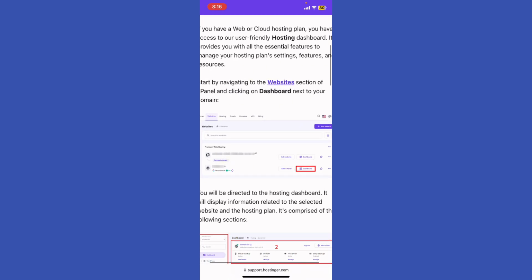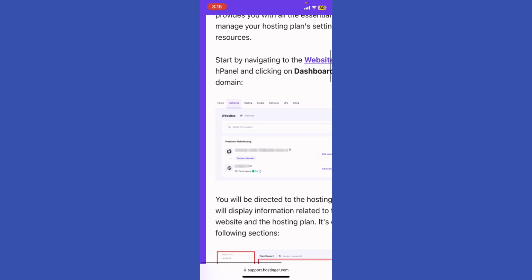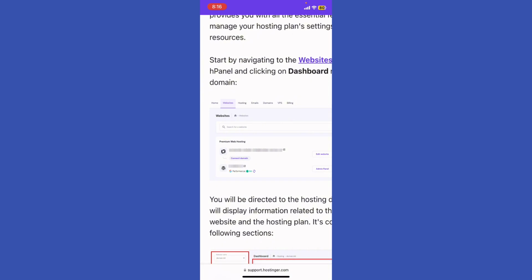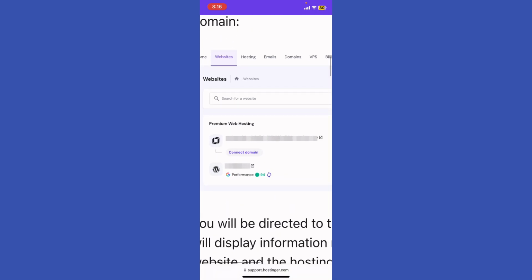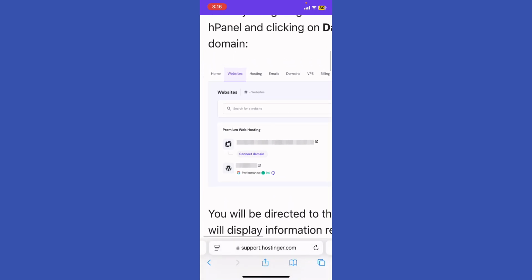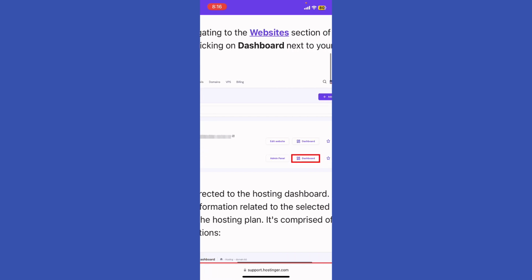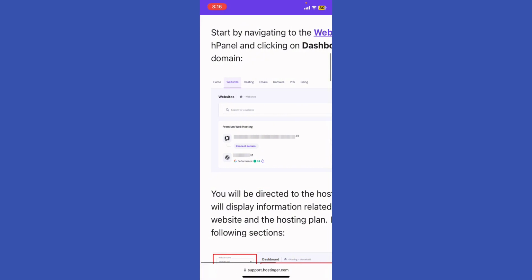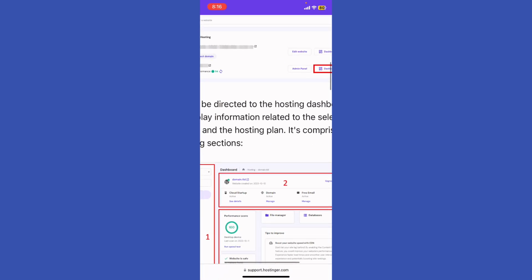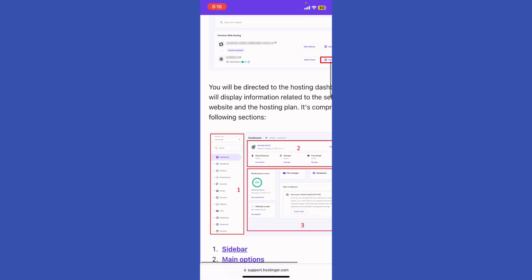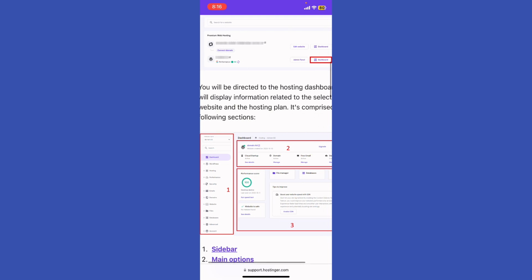Now once we are inside our Hostinger, you've got to just go ahead and click the website, right? And then after you click the website, you're going to see the premium web hosting, and you're going to see the domains right here. If you have more than one domain, you've got to just go ahead and click the dashboard next to your domain, right? And then scroll a little bit down, and you've got to see right here you can control the